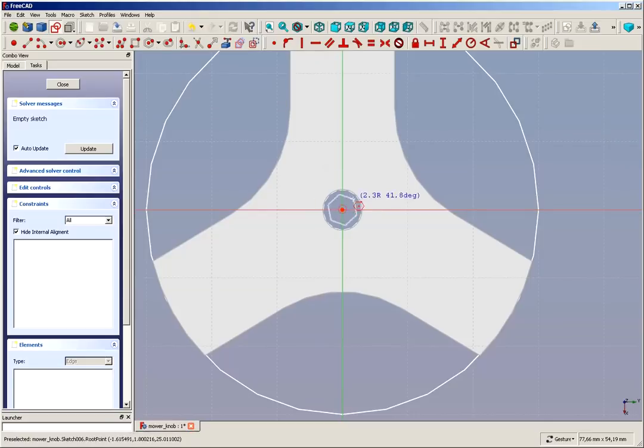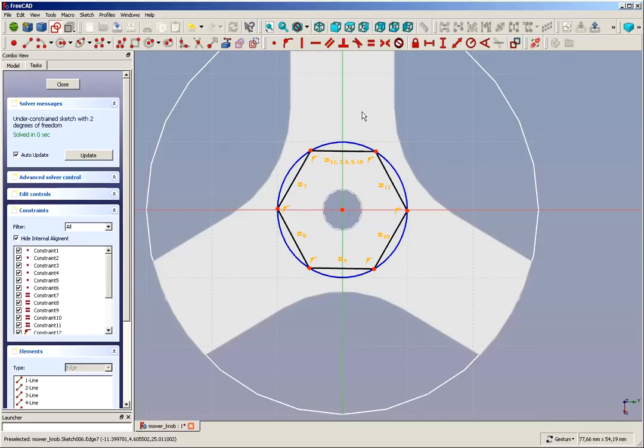We start it at the center, put it in, and to have the most possible distance between the flanks and the nut, we fix it to horizontal here,